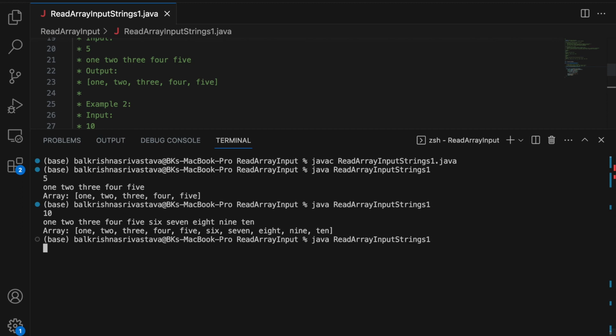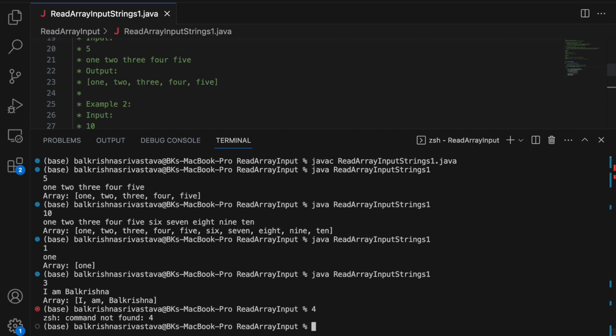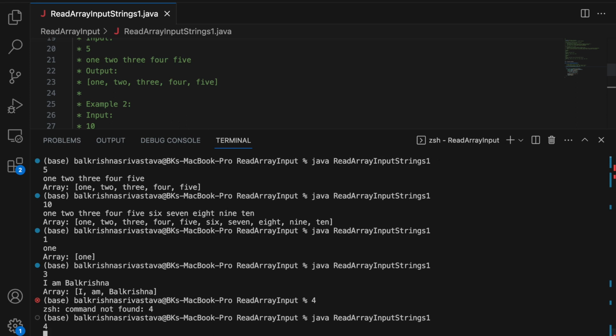Let me take another case. I'll say 1, I'll say 1. I'll say another case, I'll say 3, I'll say I am Balkrishna. Okay, I'll say 4. Oh, I need to run the code first. I'll say 4, welcome to Code with